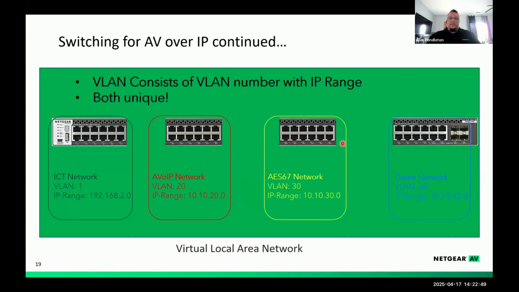More importantly, as I'm sending into my VLAN 30 domain, I'm not sending to the ports that are in the VLAN 20 or 40 domain or the VLAN 1 domain. And this allows for the separation and segregation of the traffic to maintain its communication while not interfering, even though it's all on the same switch layer.